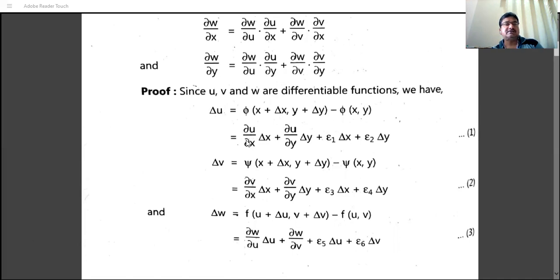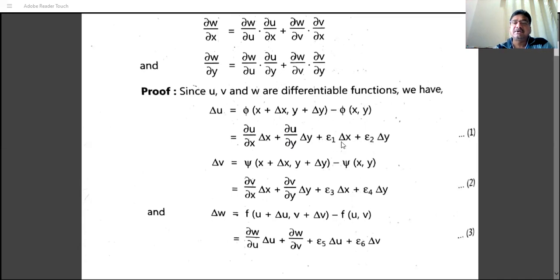F suffix x means the partial derivative with respect to x, that is ∂u/∂x. For k, ∂u/∂y, the next notation is what? For k, it is delta y, and f_y means the derivative of that function with respect to y, which is ∂u/∂y. Now here the function is u, plus hφ(h,k) plus kψ(h,k). The notation for h and k are delta x and delta y, and phi and psi here are denoted by epsilon